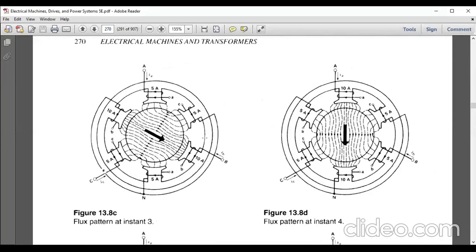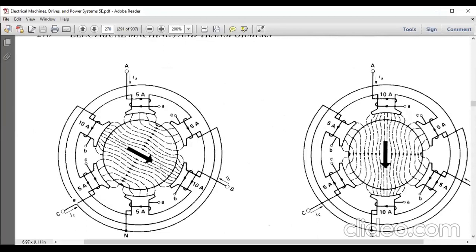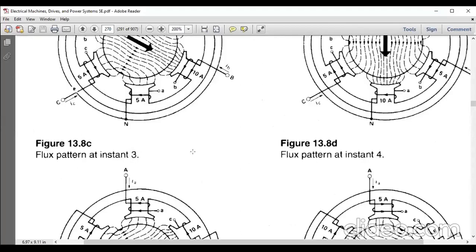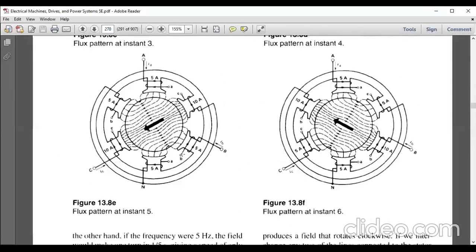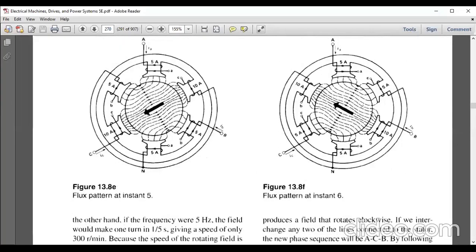You can see the dotted lines there, how the flux goes from one pole to another. It is not a six-pole machine. Please consider that it is a two-pole machine. For each phase, we have two poles. One is entering, another is leaving. That's why it is a two-pole machine. So the synchronous speed is 120 into f, 50, divided by 2, which is 3000 RPM. If the machine has 4 poles, then it comes under 1500 RPM. Likewise, that also differs as per the HP rating. So here you can see the flux linking and how it starts rotating.